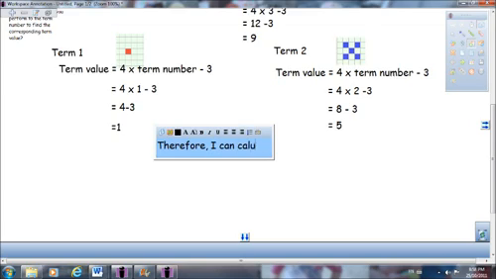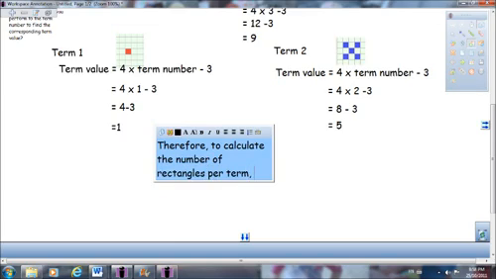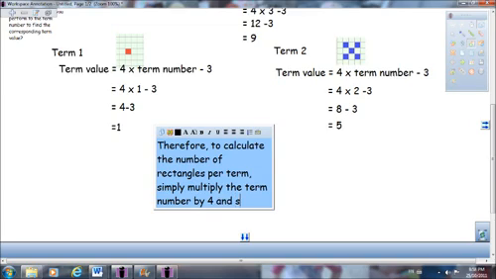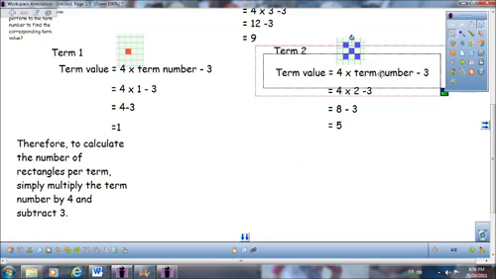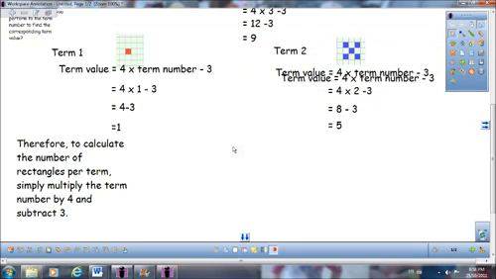I can calculate, or you don't even have to use a pronoun, to calculate the number of rectangles per term, simply multiply the term number by 4 and subtract 3. So basically all I've done is I've taken my equation and put it into a sentence. And that's the conclusion. The last step is, well, how do I find the 50th